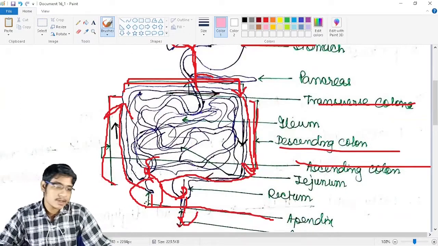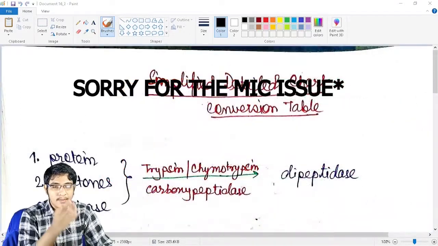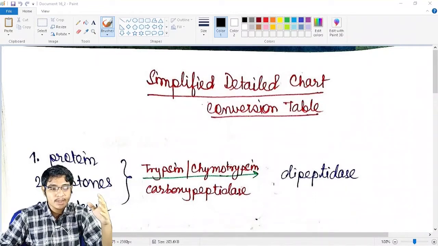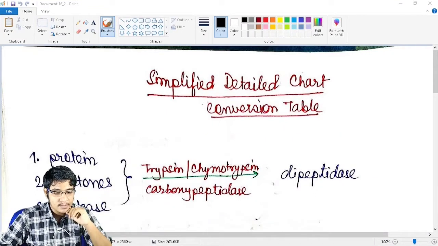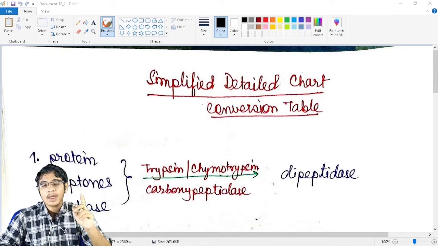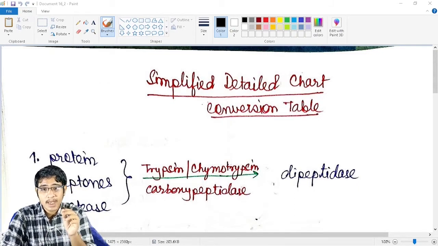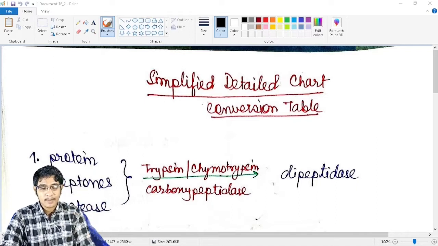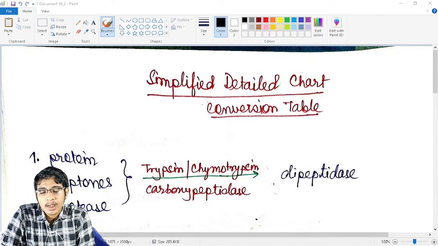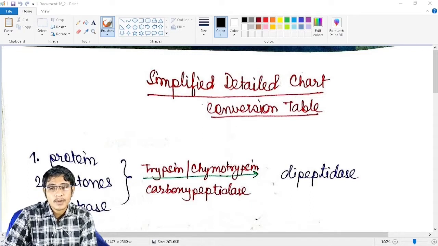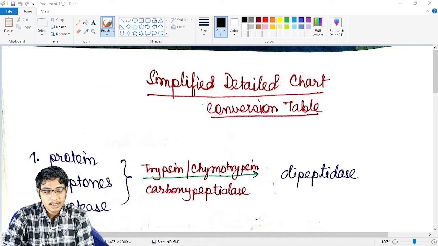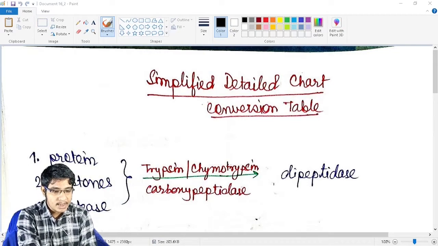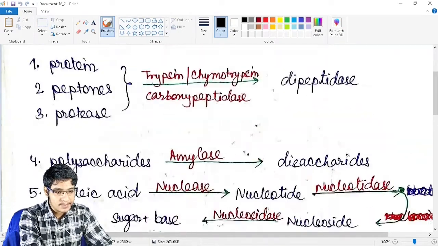Now we are going to the second page. Okay, so once again, welcome back everyone. This is the second page of our lesson. In this second page, whatever I am going to discuss, you should very minutely remember the contents, because this is going to come in your NEET as well as your final exam. So let's have a look at whatever is written.